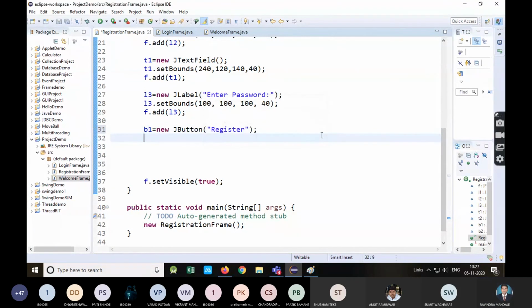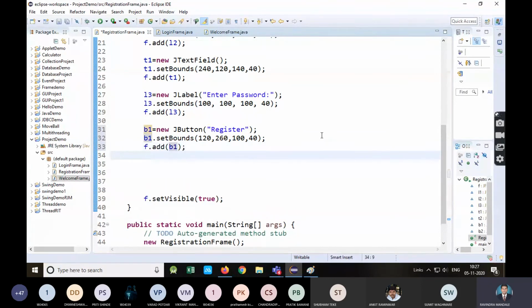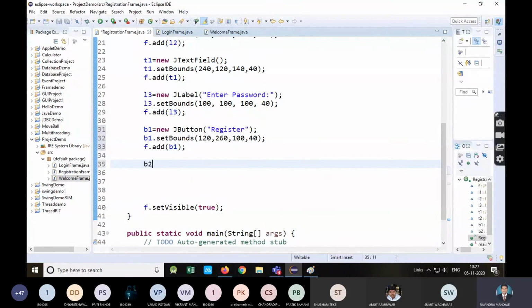B1 set bounds, then I will use 120 here, then 60. I have already calculated this value to save time. Are you getting what I'm doing? We already saw how to calculate those values. Just to save time, I've already written those values somewhere and I'm just referring to them.